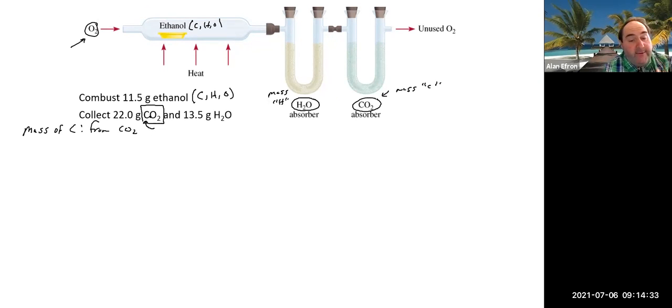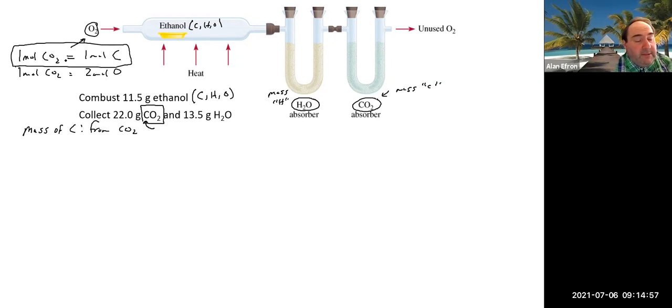So we can use part of a calculation that we did earlier today to help us do that. We can see from the formula that 1 mole of CO2 gives us 1 mole of carbon. Again, also, 1 mole of CO2 gives us 2 moles of oxygen, but we're actually interested in the carbon